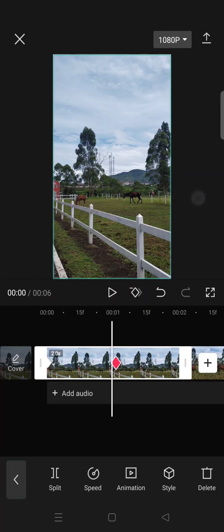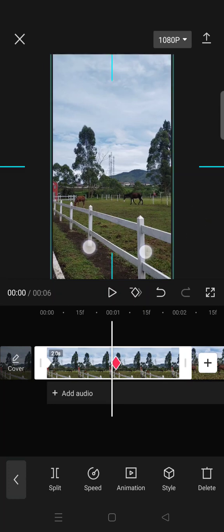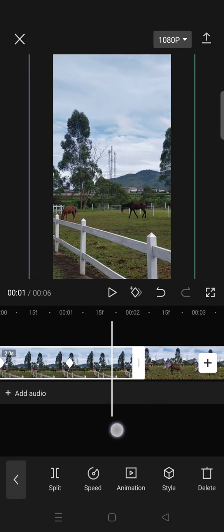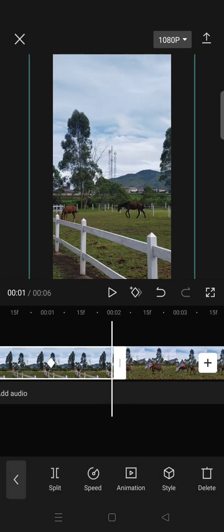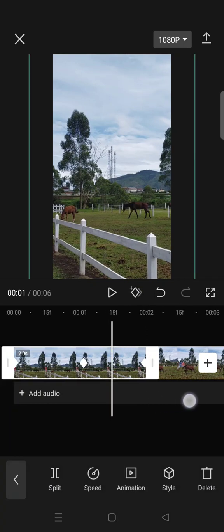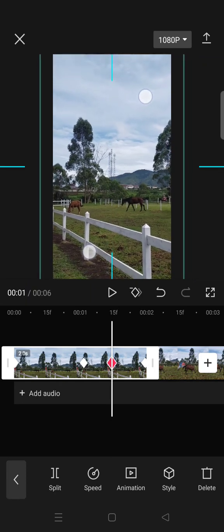So zoom in on the second keyframe like this, and then after that add another one at the end here and in the center, and after that on the third keyframe, so here the one on the center, zoom out the clip,